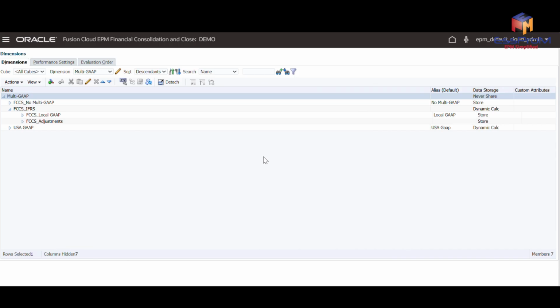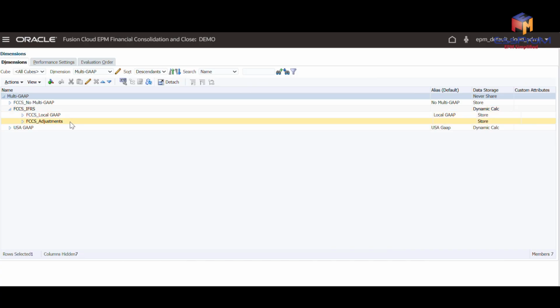Now, let me show you the multi-GAAP dimension from the CMC instance. The multi-GAAP dimension is an optional dimension that is used if you need to report your financial statements in both local GAAP and an IFRS or other GAAP. This dimension tracks the local GAAP data input as well as any GAAP adjustments. By default, if you select this dimension, the system provides the following dimension members: FCCS_IFRS, FCCS local GAAP,